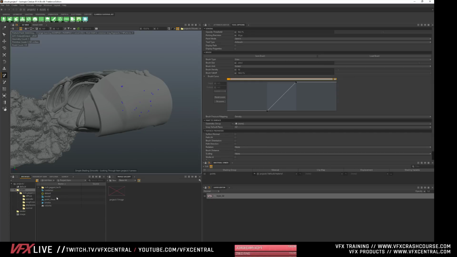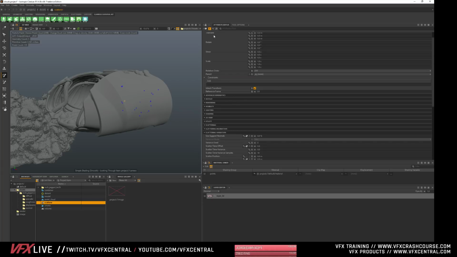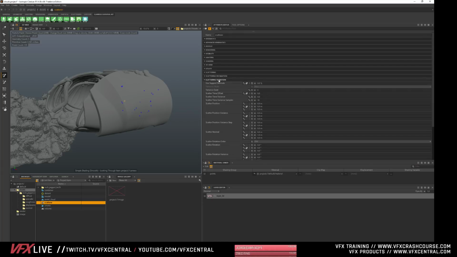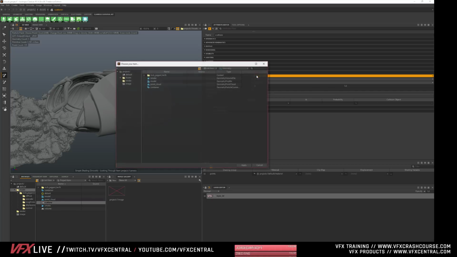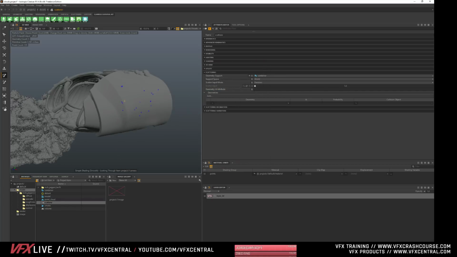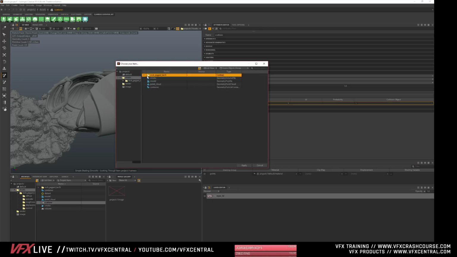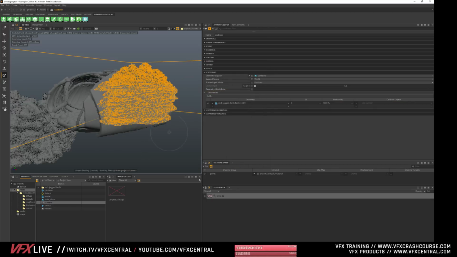Let's do that. So we have a container, and we just need to create, again, another scatter. And you guys know this since we already have done this before, but let's just do it again. Go into the scattering, and this time we're going to choose, I believe, that container, and we're going to add that object right there.